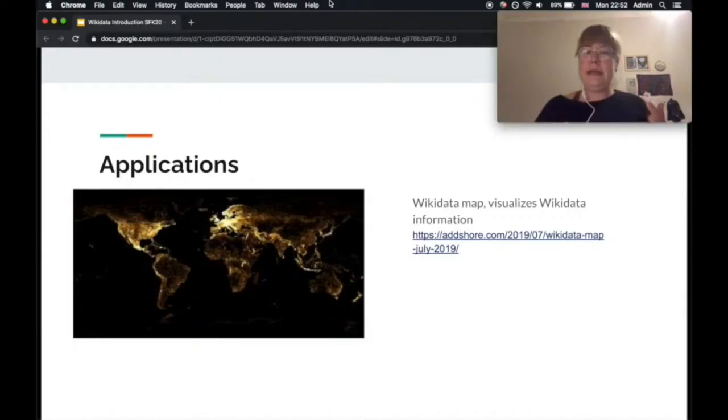So what we could see here, I think that's the map of 2019, that Europe is covered with a lot of information, but then lots of other places in the world, Latin America, Central America, South America, Northern Africa. There are huge parts of the world where there's just still kind of a lack of information in Wikidata. So that's something that can be improved upon, but also can be seen over time. So when we look at the same map a few years ago, how this information grew and how it also